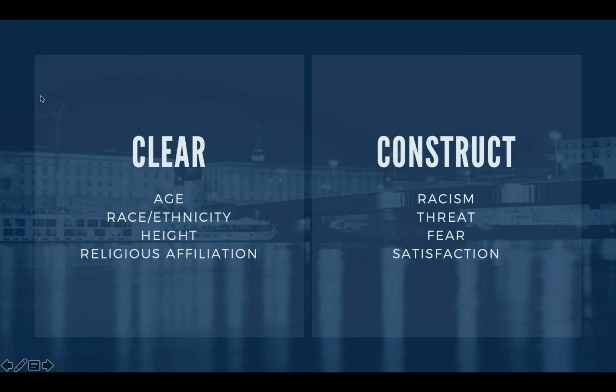We have very clear variables where it's easy to identify ways of measuring them. Age, race, ethnicity, height, religious affiliation, right? These are all things where you can just say, do you identify as part of one of these religious denominations? Yes or no, or you check mark all the ones you feel affiliated with. Whereas something like racism or threat or fear or satisfaction, people can get a sense of what fear looks like, what it sounds like, but we may all measure it differently. Fear may be the number of times you got heart palpitations because of a certain event, or it could be coupled with anxiety, which sounds a lot like threat.